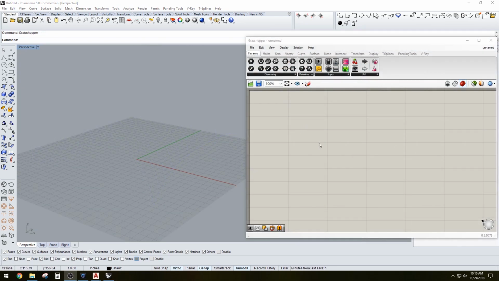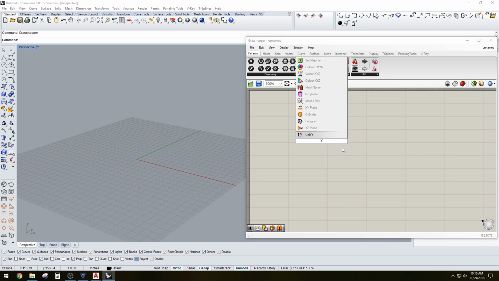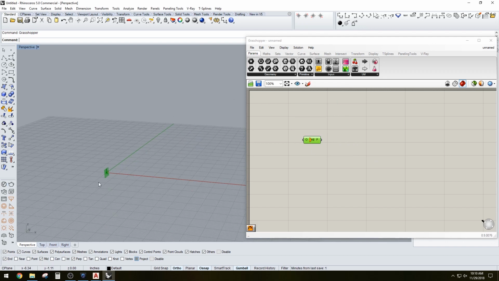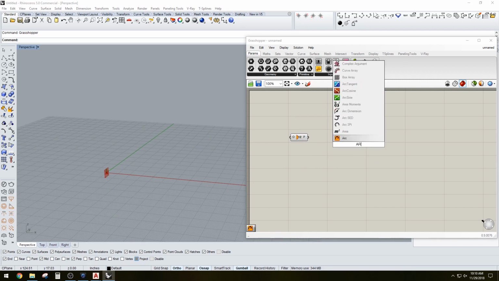Okay, to start we're going to create the base geometry, and we're going to do something different today. We're going to create an arc, and so we're going to need a YZ plane. And as you can see, it'll create a plane that's upright to the side. And so now we can create that arc,